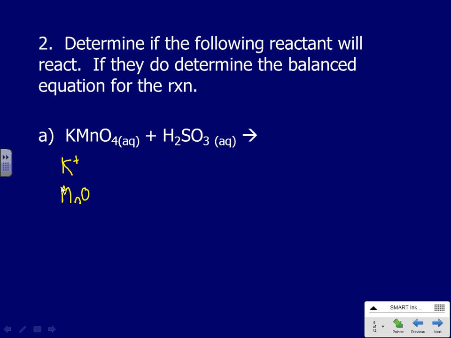We've got an MnO4- ion. I think it's a permanganate ion. We have H+. All right? We have SO3 2-. We have H2O. H2O that can be reduced. And we have H2O that can be oxidized. We're always going to have those two. They're going to be the same two, because